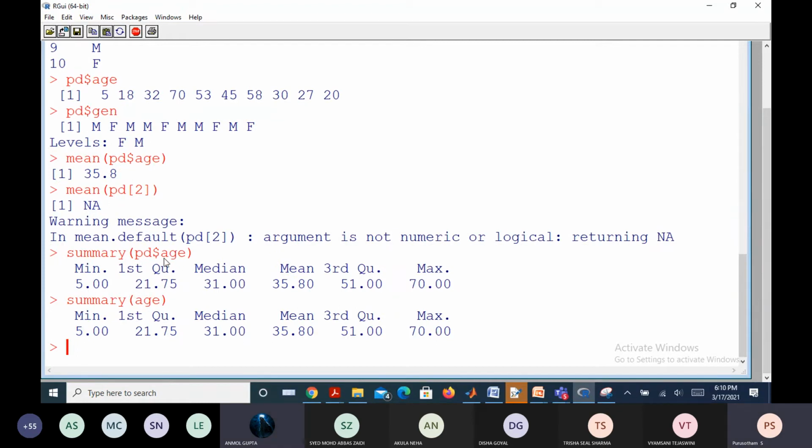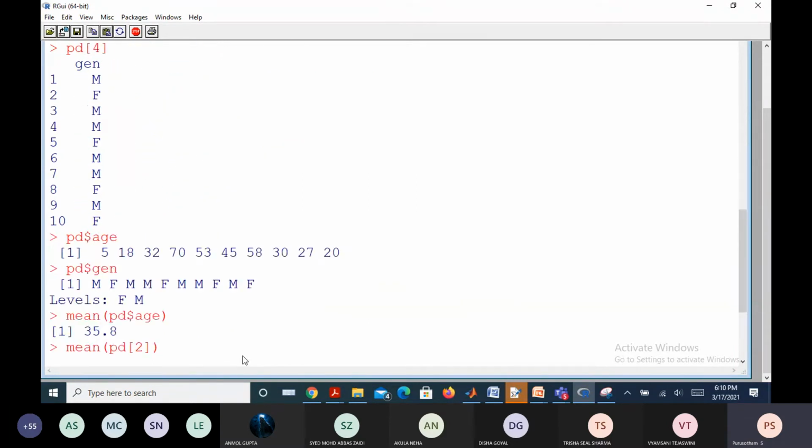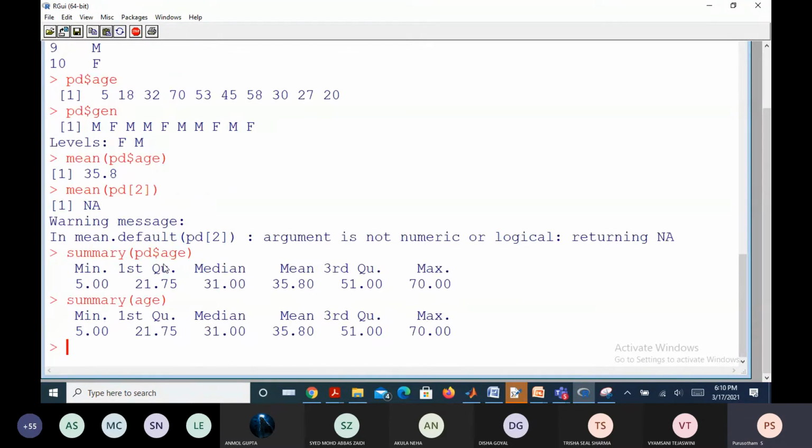You have to select the variable from the tabular data. How do you select the particular variable from the tabulated data? For that, you need to use the dollar symbol between the data file and a particular variable of that data. Okay. But sir, even if we use simply PD, then also we are getting the answer. Interesting. Summary of PD. What will you get now?